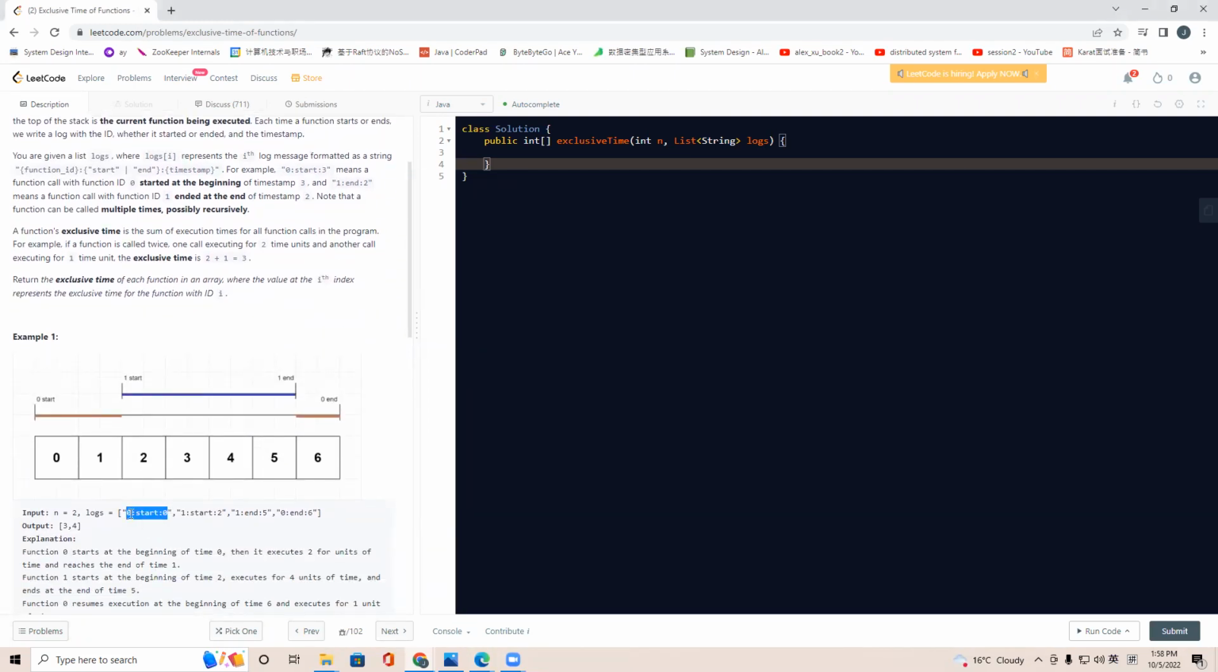For example, the first one is the function ID, followed by a comma, followed by a flag that says whether it is start or end, and then followed by a comma, and followed by the time. It lets us calculate, for each function, its